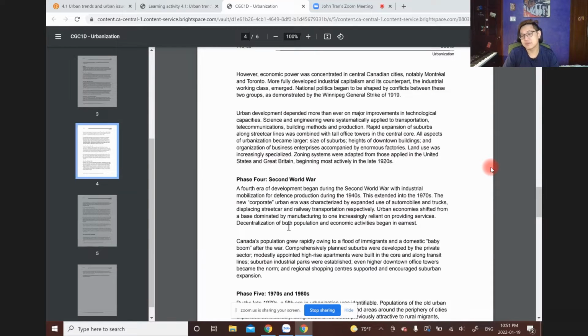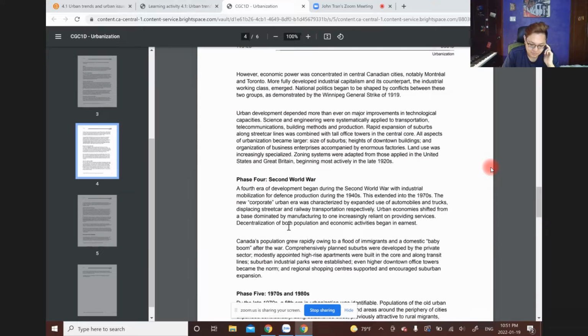Which is actually a good thing because if you spread it out like that, the population density won't be too much, and the harm to human health is not going to be too much of an issue. It's an issue, but not too serious.